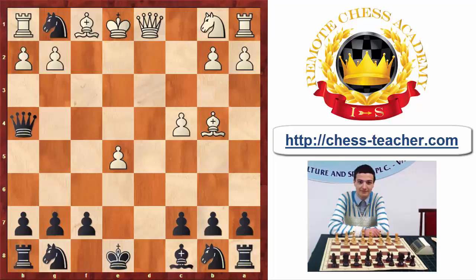Essentially, white's got to do the move of g3, but then there's queen e4 check. So if he plays with king to the d2, trying to escape a little more, this is going to mean that black's got knight c6. Solid attack. Now we have bishop g4. We got rook to the...